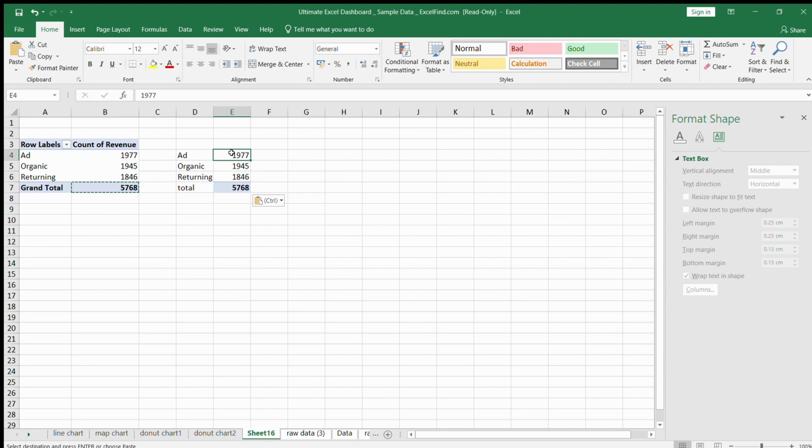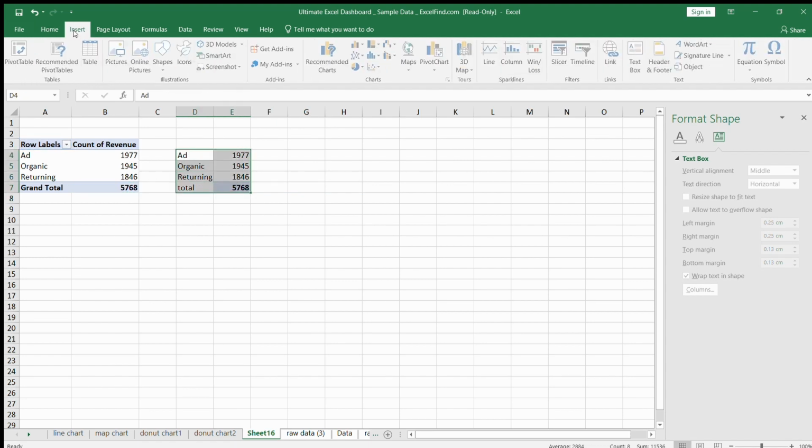And just like in the map chart, make sure that the values are referenced to the pivot table. So it will be equal to the reference, and enter, equal to. Now let's make the waterfall chart by going to charts, and there should be